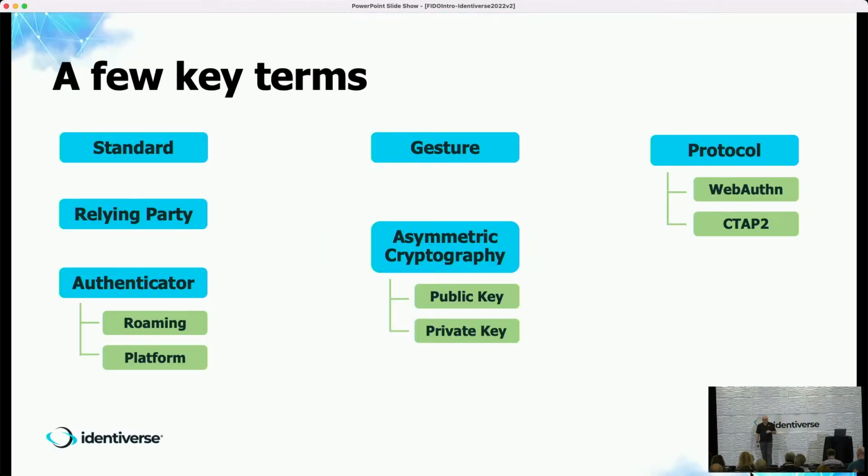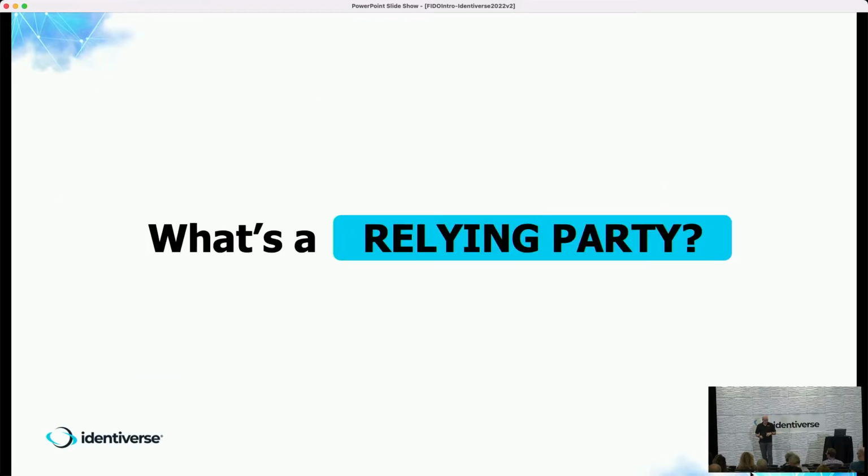So, some of the basics. Here are a few of the terms that I'm going to run through in the next couple of minutes, just to give you an idea of what the different components are in a whole FIDO-based authentication flow. First, I've used the term already, relying party. I think in this audience, that's probably a fairly familiar term. It could also be called service provider. It could be corporate portal. It's whatever the thing is where you're trying to access information, your email, whatever it happens to be. So it's just the endpoint that you're trying to authenticate with.